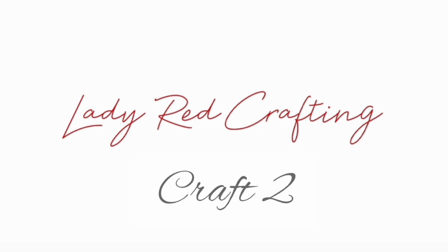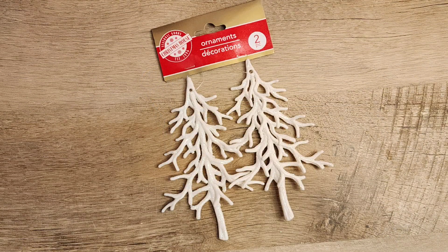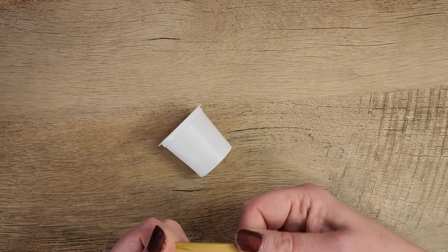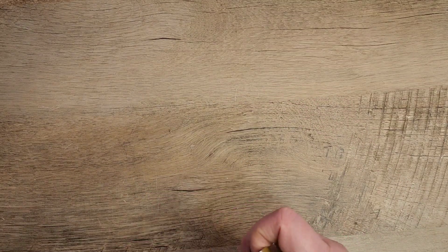Moving on to craft number 2. Let's grab a K-cup and a balloon and this fun ornament set that I got at the Dollar Tree. So we're going to start out by just cutting the tip of the balloon off. And once we've done that, let's stretch the balloon out and stuff the K-cup inside of the balloon so it